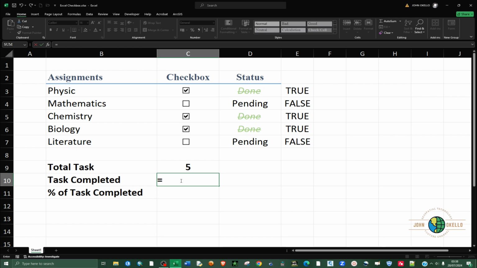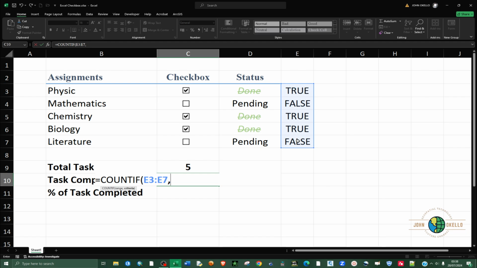Just write the following formula: equals to COUNTIF, we're going to write this formula, COUNTIF this cell, COUNTIF